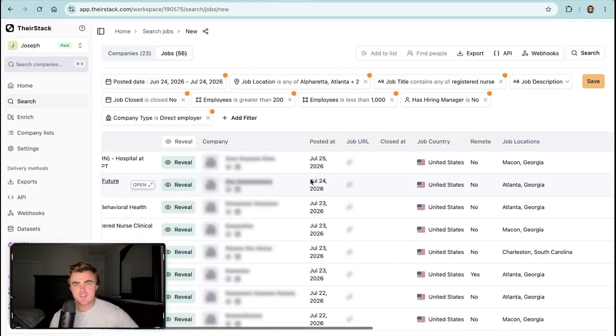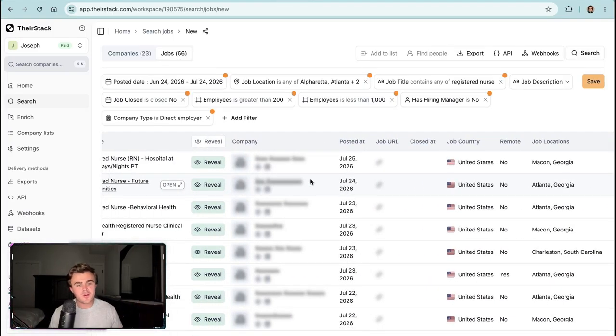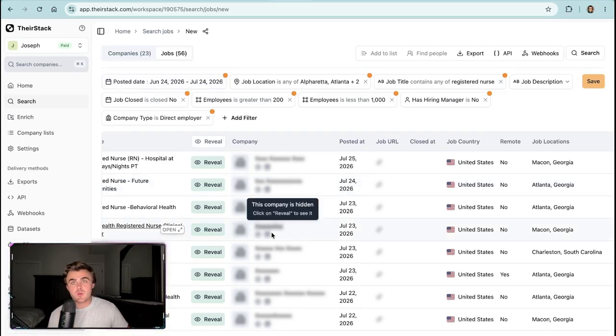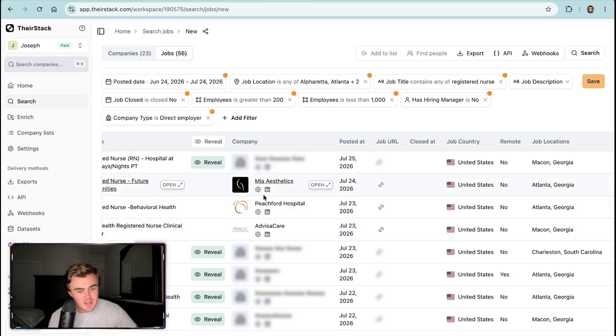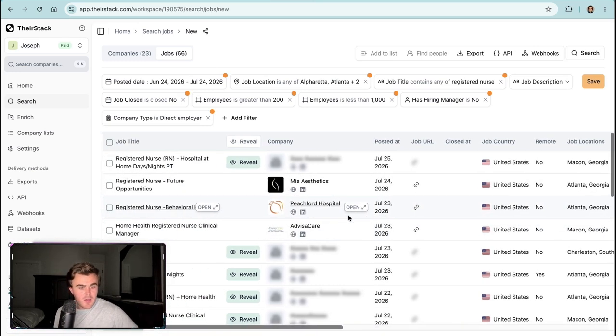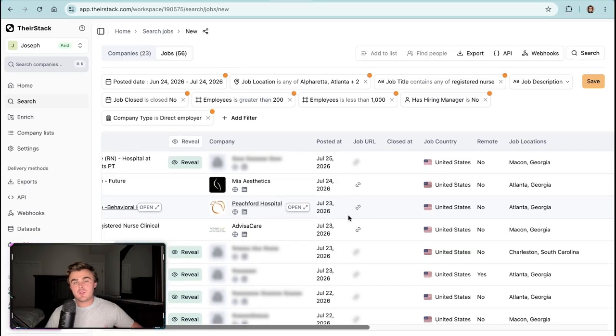And so this is what a result would look like if you're looking for small to medium-sized hospitals that are hiring for registered nurses in the Atlanta area with employee sizes between 200 to 1,000, and that have been available for the past 1 to 2 months, between June 24th and July 24th. And so from here, you'd be able to reveal some. You'd get the company names, Mia Aesthetics, Peachford Hospital, all these other companies,